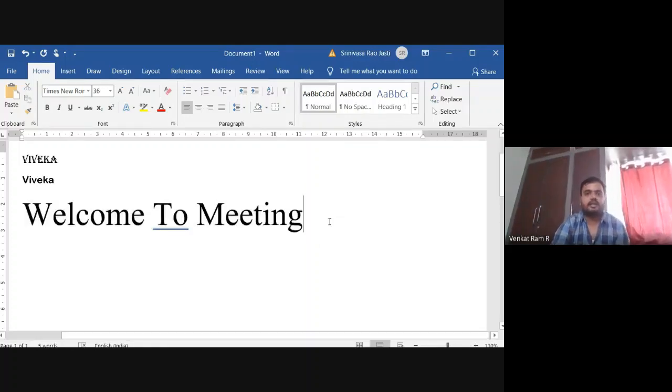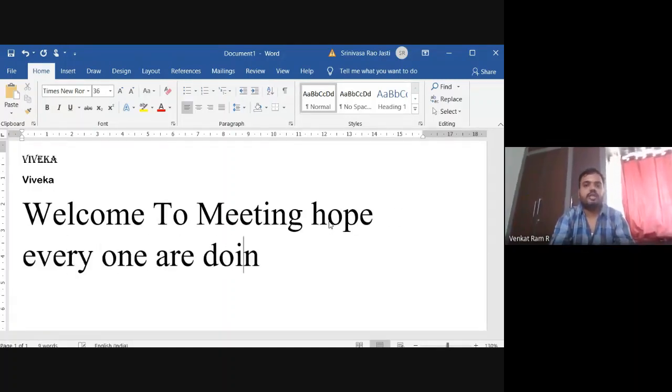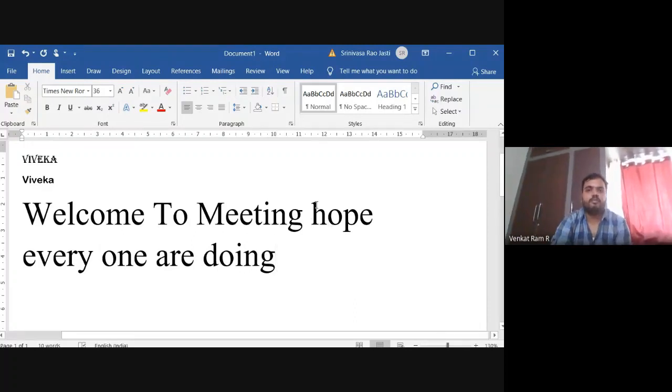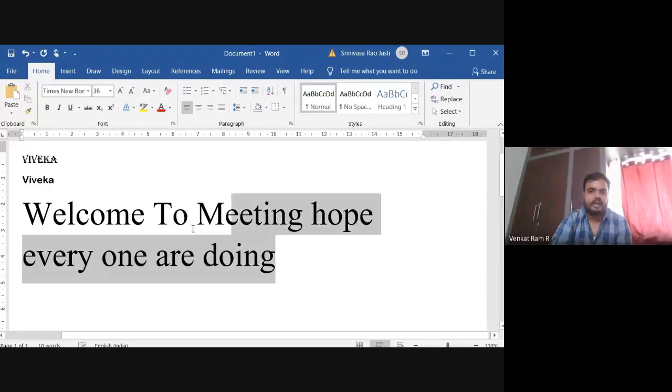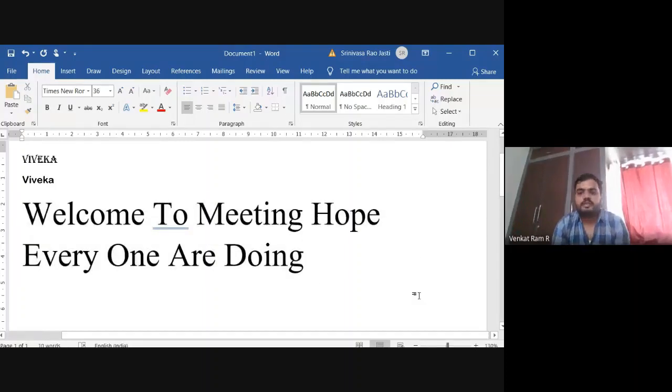See here, the default one is lowercase. Obviously, everything will be lowercase. But see here, capitalize each word. Have you observed that for every word in the sentence, the first letter is turning into caps.